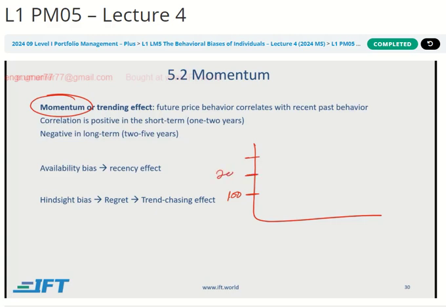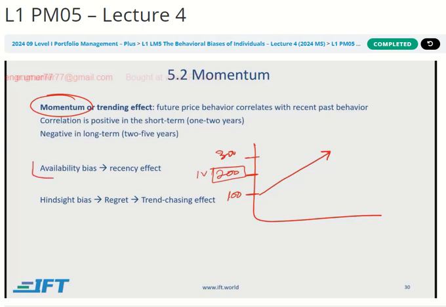So let's say there's a stock, and let's just take a random example. Let's say Tesla. Intrinsic value is 200, right? Just giving an example. And let's say it was at 100 and starts going up, but it starts going up really fast, develops a momentum and shoots past its intrinsic value and goes to 300. And why does that happen?